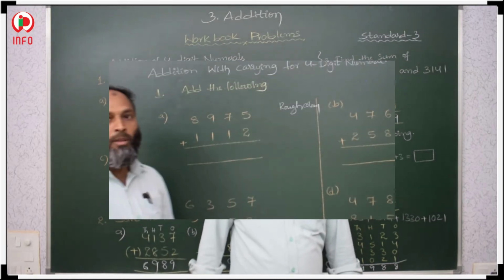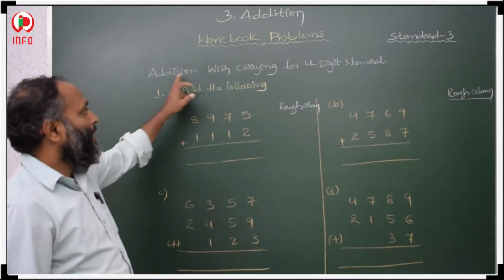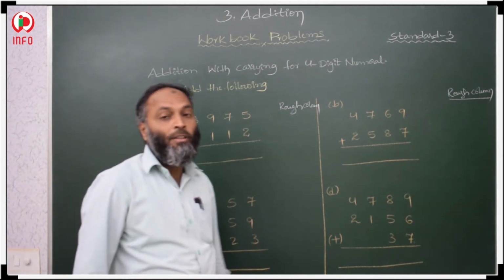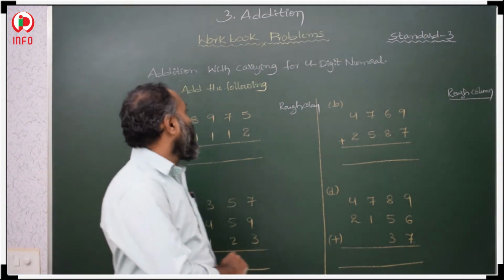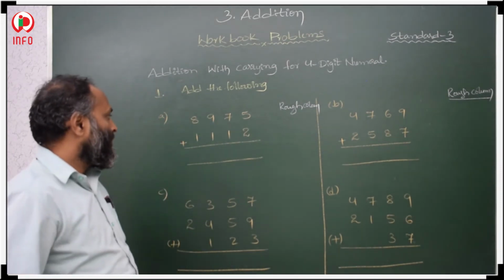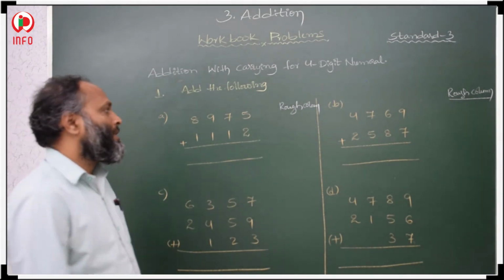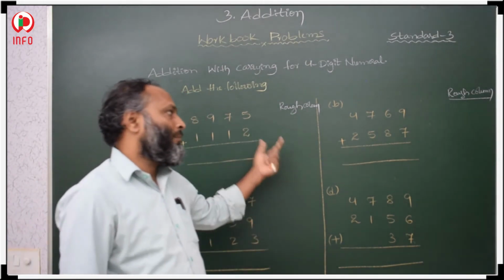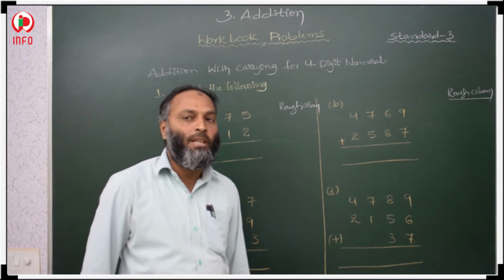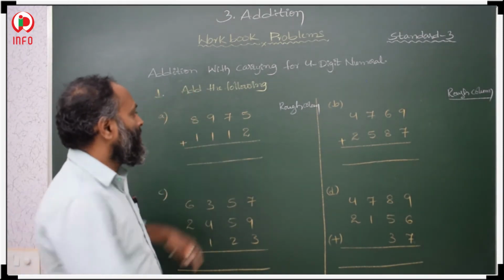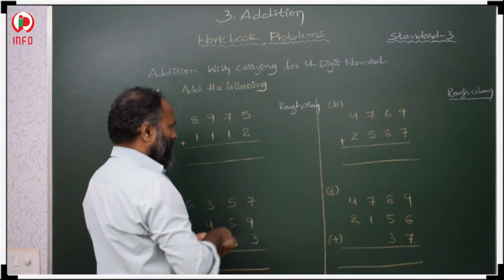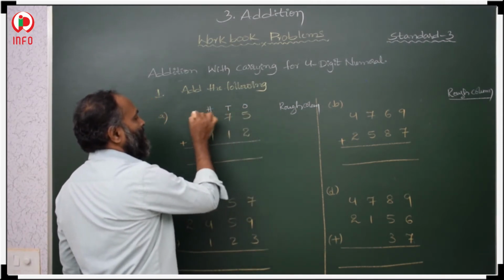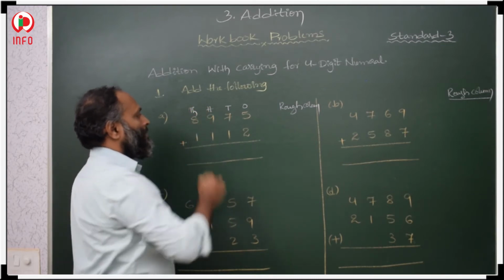Okay. Thank you. And students, now addition with carrying of 4-digit numbers. Before, we did without carrying numbers. Now we have to do carrying numbers here. So see here, first you make a column. Whenever carrying numbers are there, it is very easy to understand. Now add this. This is ones place, tens place, hundreds place, and thousands place.